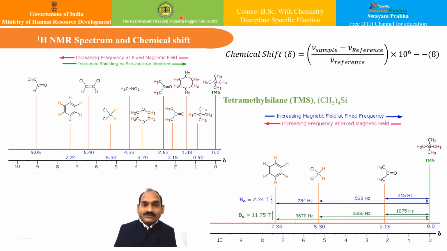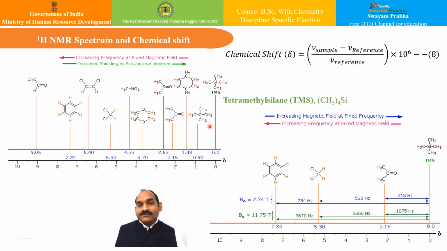Now, previously, we have seen infrared and UV visible spectroscopy. Unlike infrared and UV visible spectroscopy, where the absorption peaks are uniquely located by a frequency or the wavelength, the location of different NMR resonance signals are dependent on both the external magnetic field and the RF frequency. Now, why is this? This is so because no two magnets will have exactly the same field. That we need to understand. And your sample cavity is in between two different magnets.